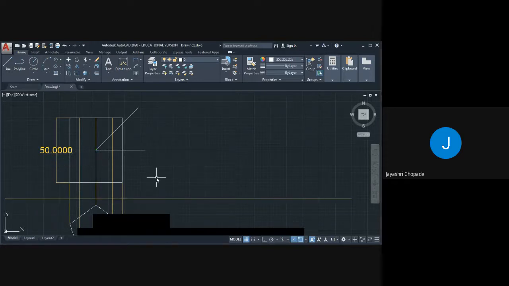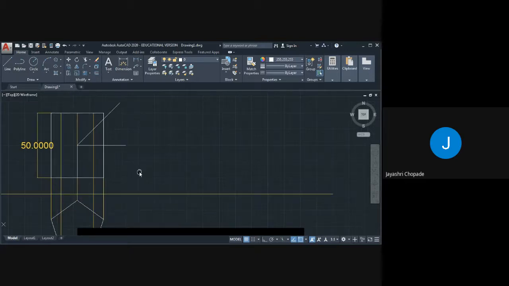So for that we need extension line. Here we will overlap it.